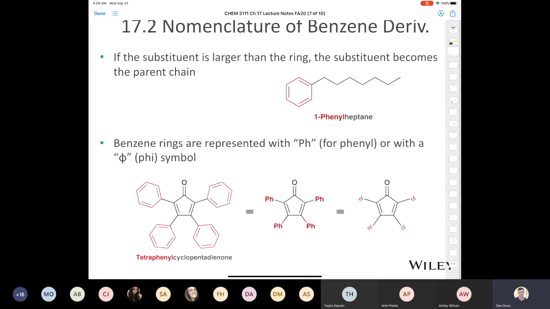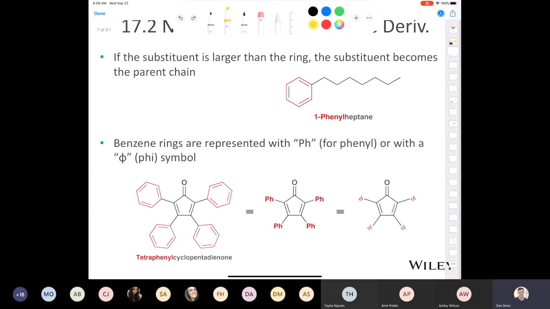Some more about nomenclature of benzene derivatives. It says here that if the substituent is larger than the ring, the substituent becomes the parent chain. So that's kind of a funny way of phrasing it. The substituent becomes the parent, right? Anyhow, what it's saying here is that when you're naming benzene derivatives, just like we saw before,